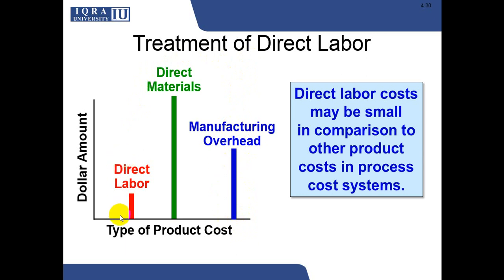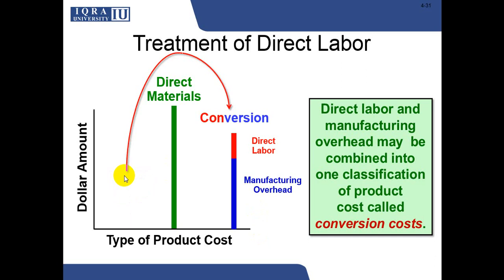So in some questions where the direct labor is small, we will see that there will be the conversion cost, right? Direct labor and manufacturing overhead may be combined into one classification of product cost called conversion cost,